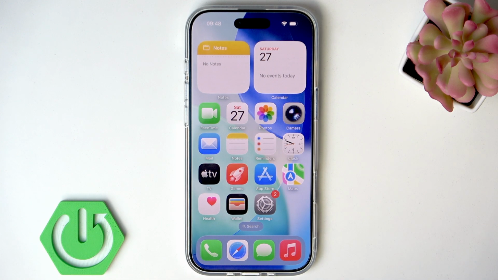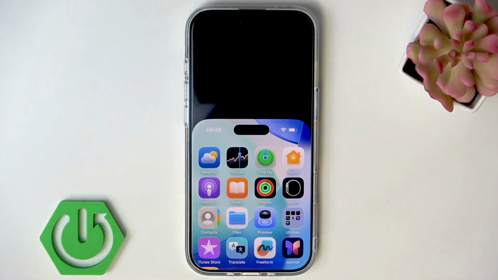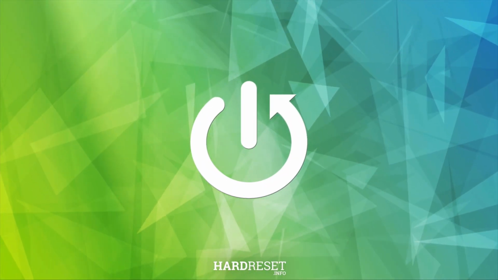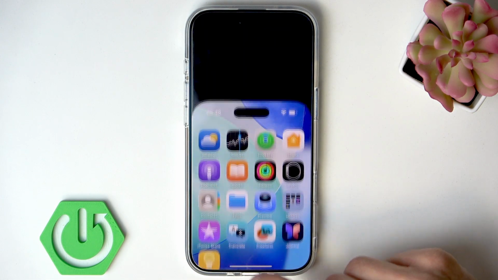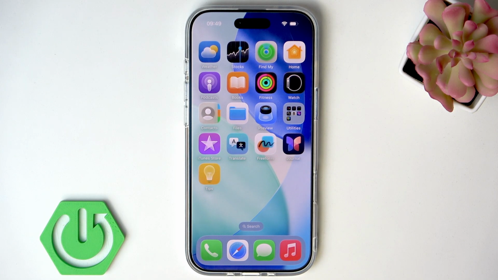Welcome. In this video I will show you how to fix the issue with the screen moving down on iPhone Air. So if you got an issue with this gesture on your iPhone and you don't know how to disable it,